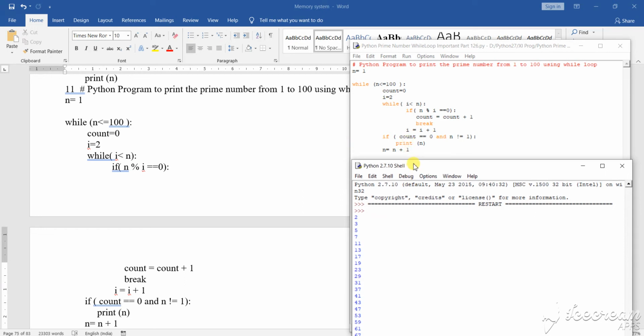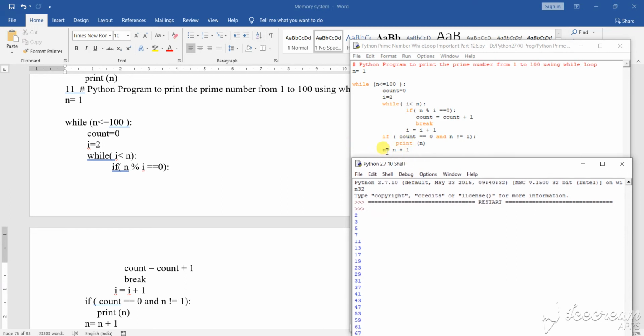This is the end of the program where I have closed here. N equals to 1, here also I am showing you the program, n equals to n plus 1. So this is my program, using the while loop. I have initialized the first n value equals to 1. Understand the basic concept, and secondly you have to apply your concept with different patterns of loops, then only you can do the program.